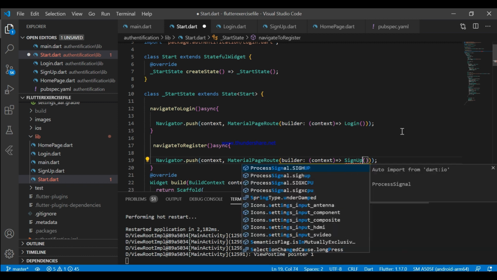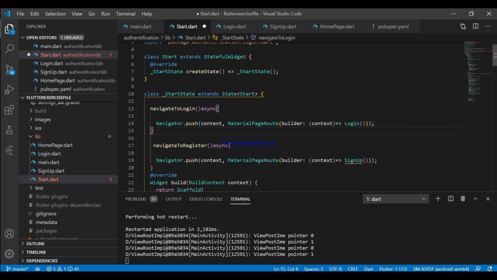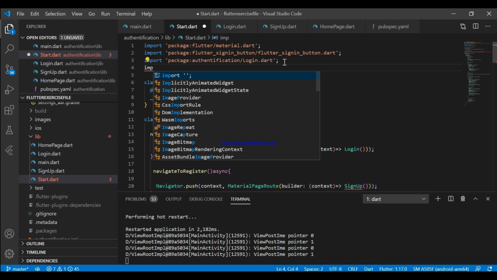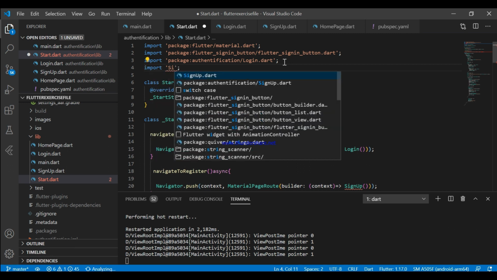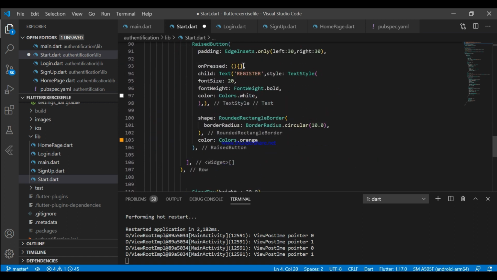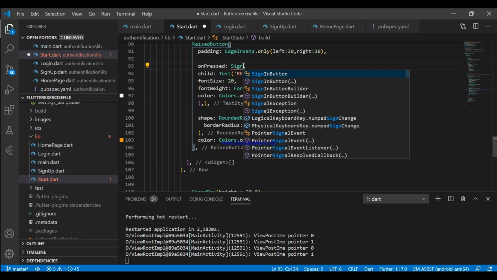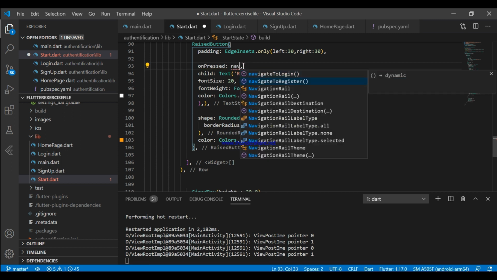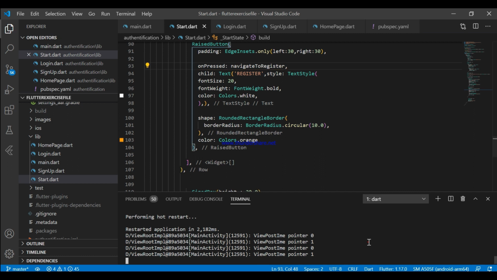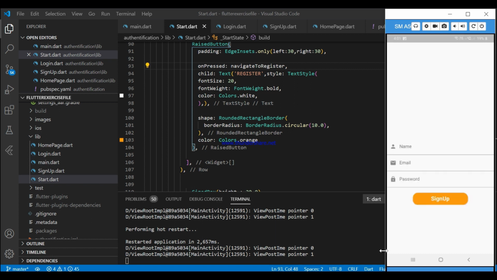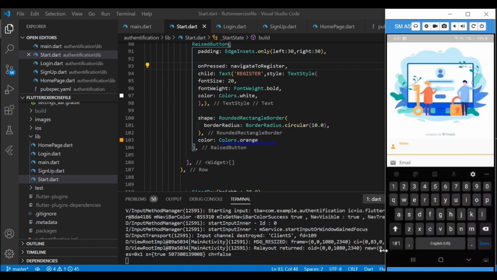Now again copy this, navigate to register. First import. Now it's time to run this app.